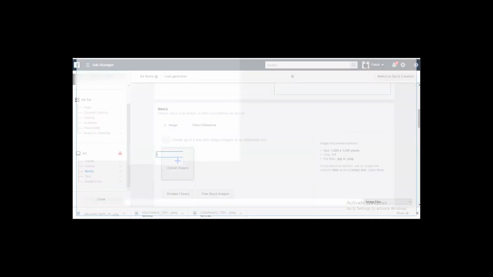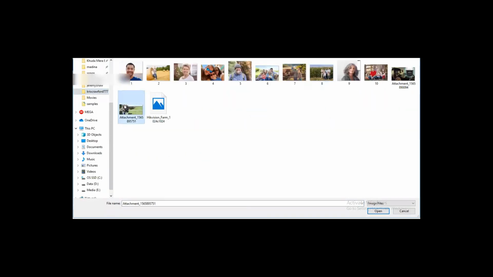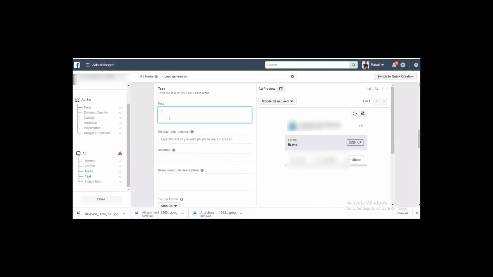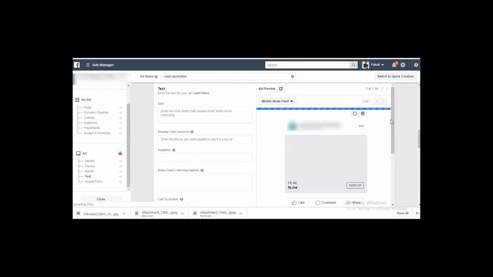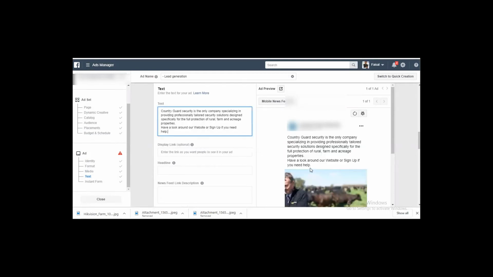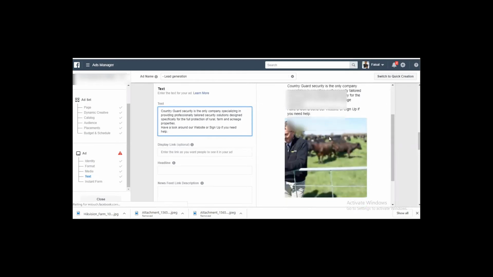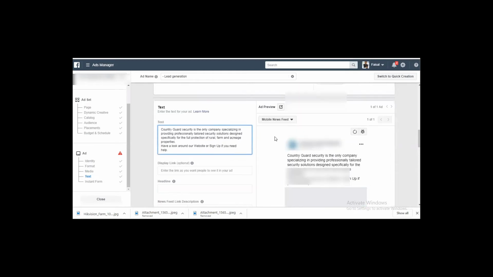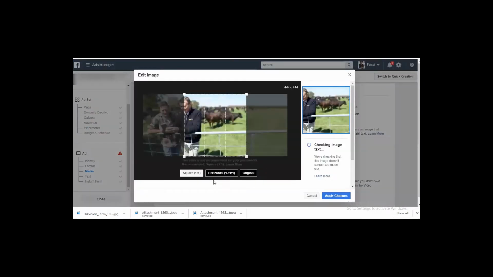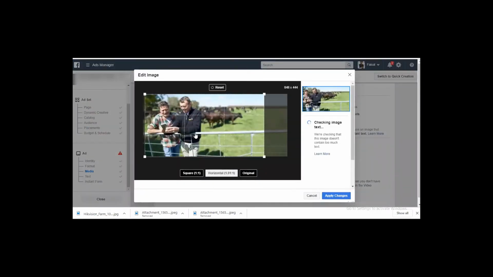So upload the images and okay, I am selecting one of the images, and then we need to put in the text. You can also see the preview here, and we can crop this image as well, or we can select the horizontal image.